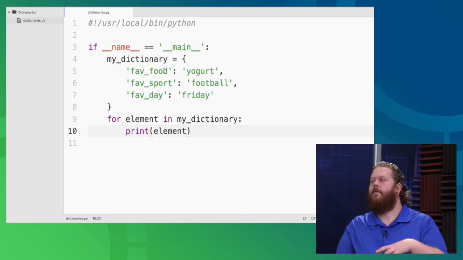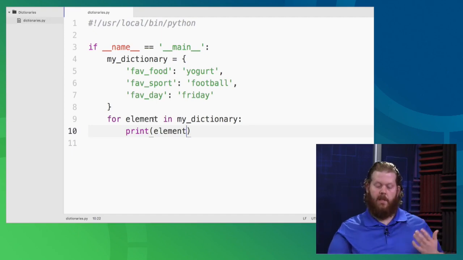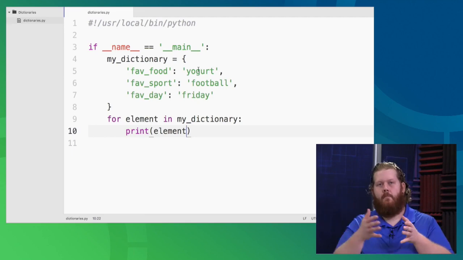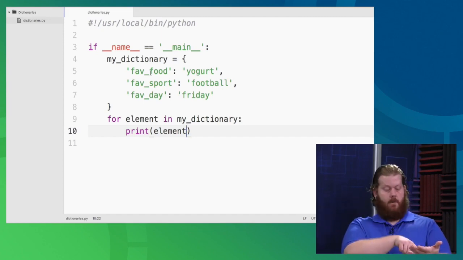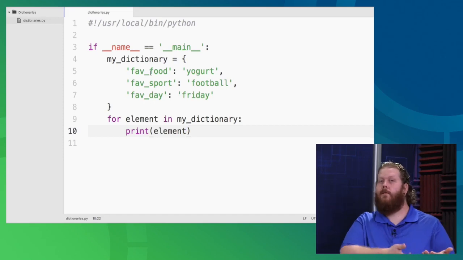I'm not getting the value, but instead I'm getting the key, the lookup value. So over here on the left are the keys, and their associated values are on the right. So that's that mapping that I'm talking about. This was what you would look up in a standard dictionary, like if I look up carrot. Oh, okay. It is a small tuberous ground vegetable that is high in beta carotene.